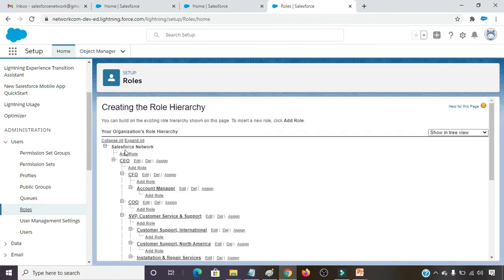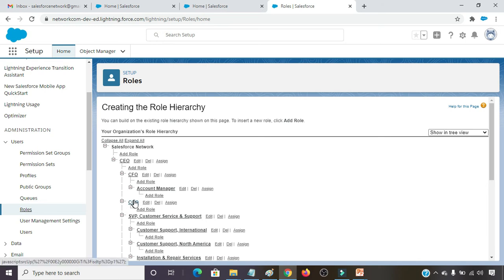See, all the roles are coming over here. This is the Salesforce Network organization name. Under this, CEO is there. Under CEO, CFO and COO are there. Up to this I am going to work. I am not going to look below this, and I am not going to delete the roles below.